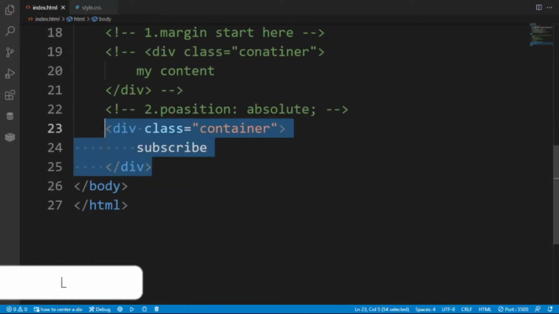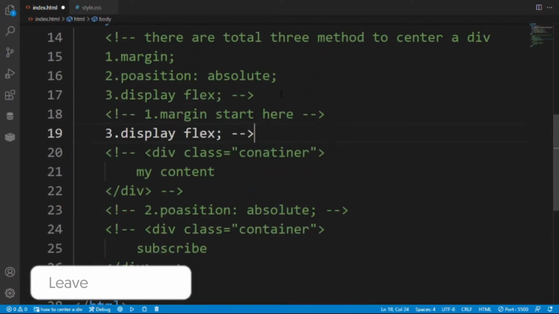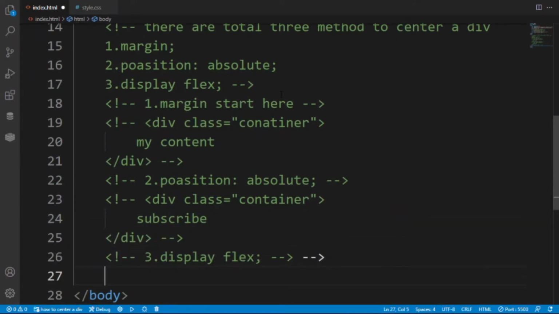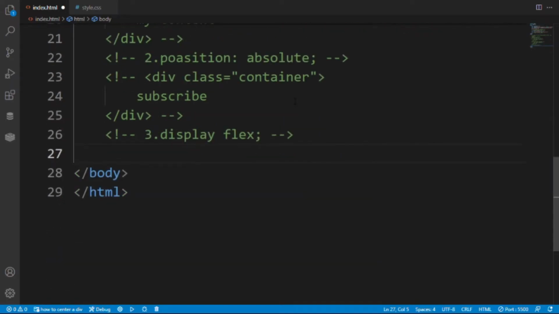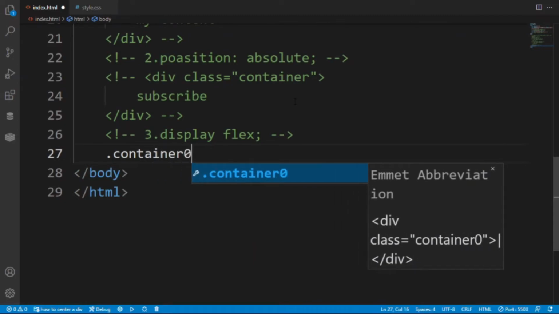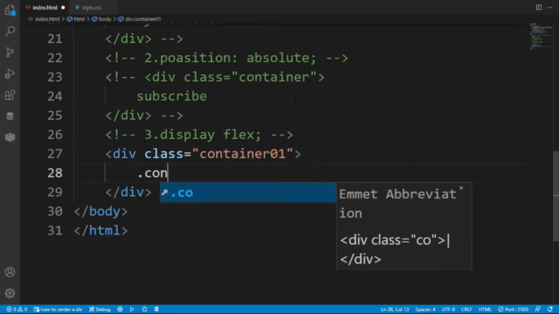Let's commit it down. Here, commit it. After it, we are going to use the display flex property. I will tell you that display flex is mostly used to create a responsive div inside a container. So it is basically a hard and fast tool to create this thing at the center.